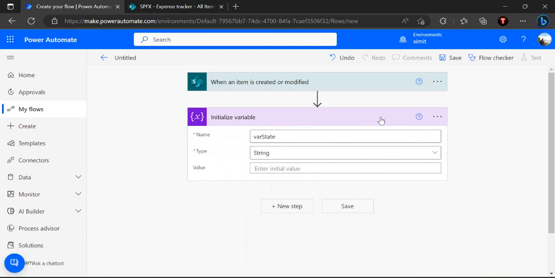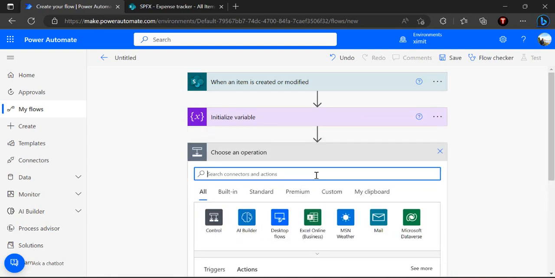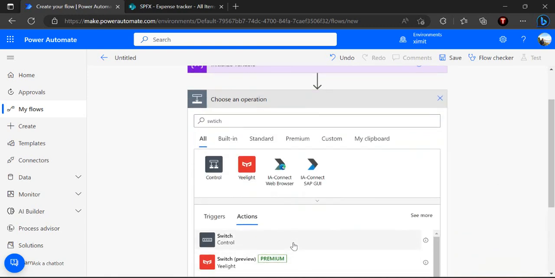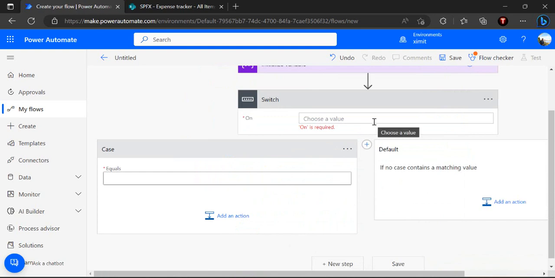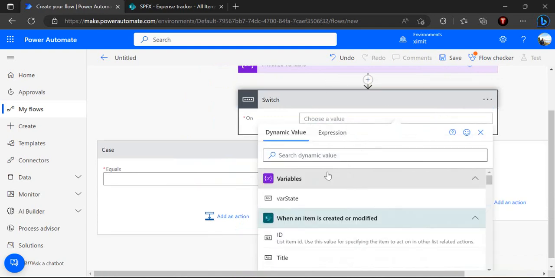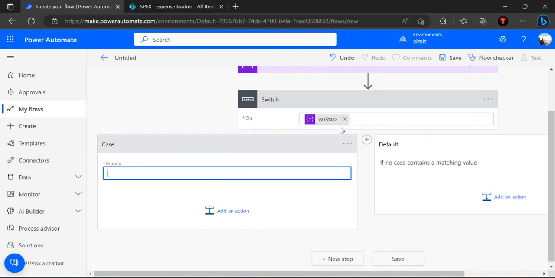There is no direct way of creating states in cloud flows. So what we have is, I'll use switch cases to represent logical states rather than actual states. I'll use one switch action, and that action would have multiple cases. This switch would work on the variable which I just defined, so I'll use that var state. So when var state is